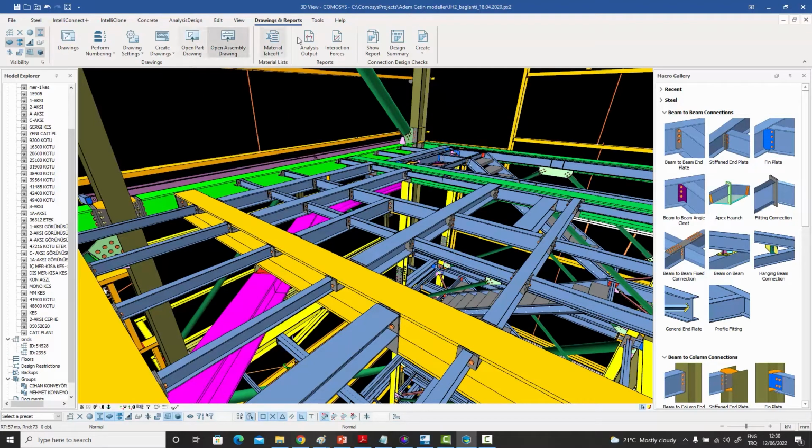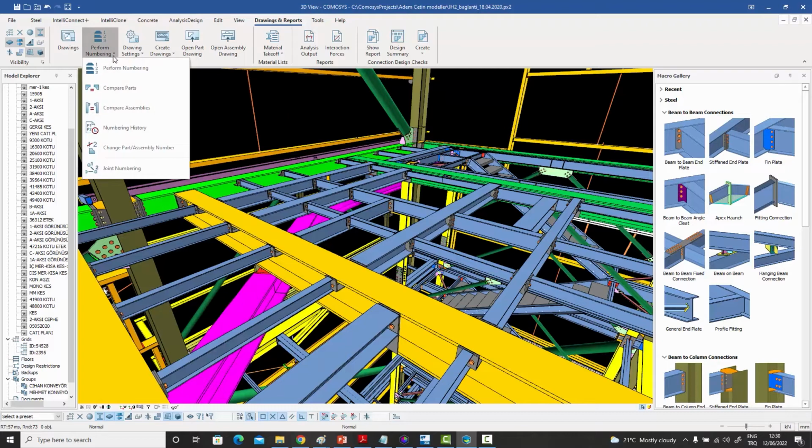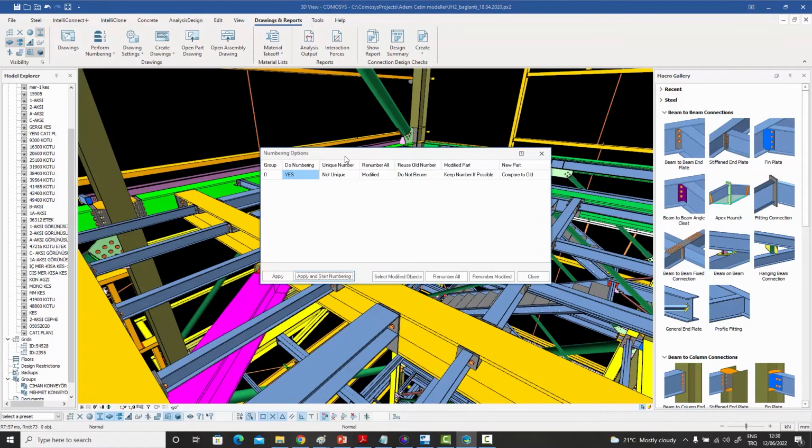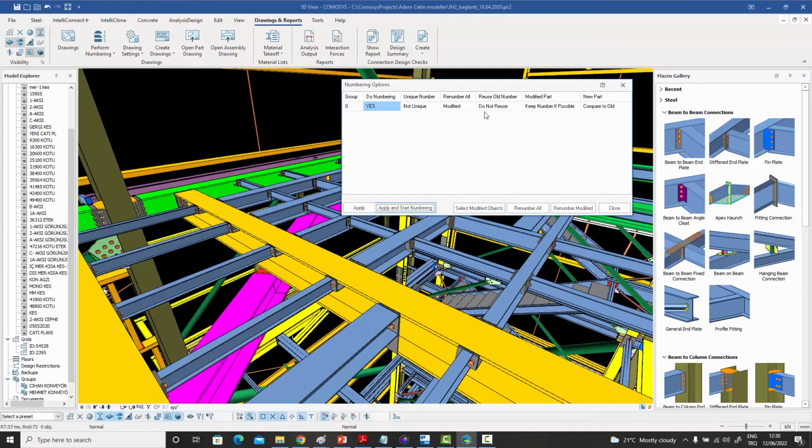So if I were to go to the drawings and reports menu, and under it we have this perform numbering, and if I open it and I say perform numbering, if you see, these are the parameters which are involved in numbering, and I'll discuss them one by one, what each of the options means. But at the moment, I want you to focus on this one in the leftmost column,